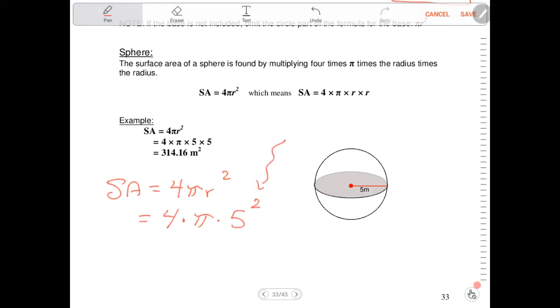As per usual, I see this square and I like to do that first. So I would go in my calculator, 5 squared times 4 times pi, and that should give you 314.16 meters squared. Hopefully you're getting the hang of this now. Please speak to your teacher if by some chance you just can't get the right answer in your